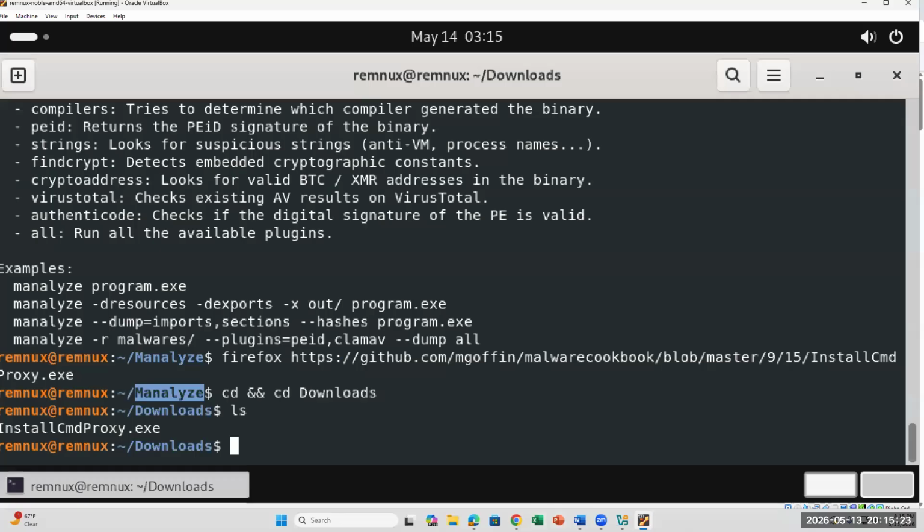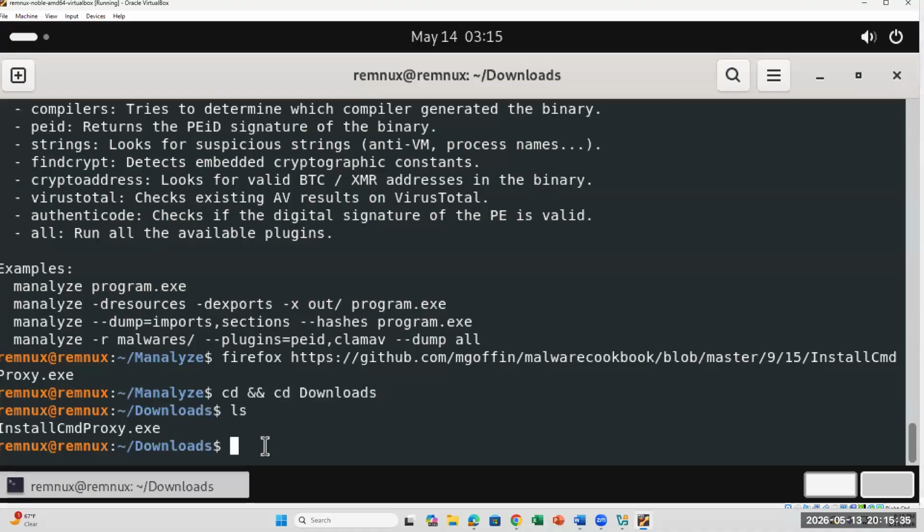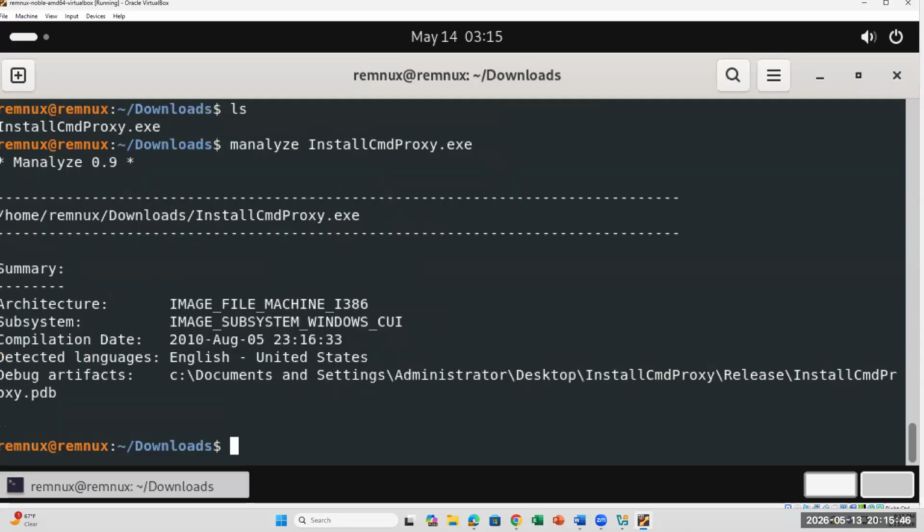All right. So I'm in the downloads folder and now I'm going to analyze the executable that I just downloaded, right? If a user downloaded an executable and it's malicious, you take that file and use Manalyze to examine it, okay? A lot of the malware for Windows systems comes through as an exe. So there you go. It's going to tell you